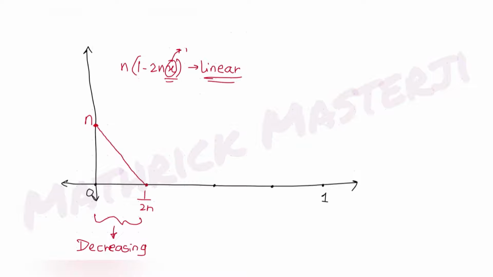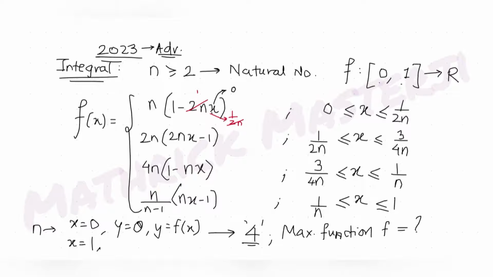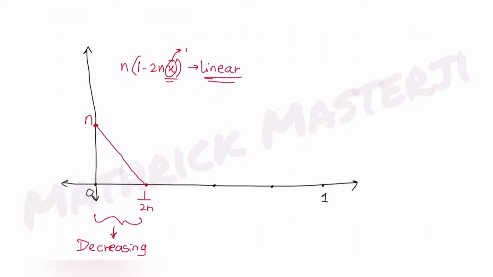So if I put x as 1 over 2n, which is the lower limit in this value as well, the n gets cancelled. You get 1 minus 1 again, which is 0, multiplied with this, which is 0. So at x equals 1 over 2n, your function is continuous because it is still 0. So if I show it in some other color,